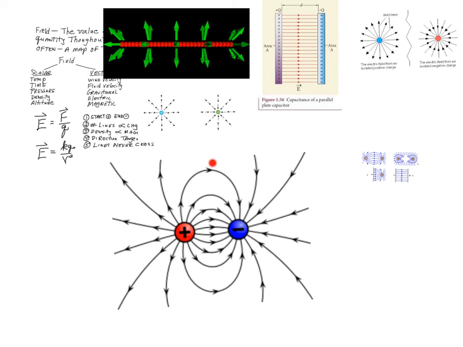And you'll see that if we pick this point and we want to calculate the value of the electric field here, we would have two vectors, one going in this direction for the positive charge, a second vector going toward the negative charge from this point. And when you add those two vectors, there were problems in the assignment like this. When you add those two vectors, you end up with a single vector in this direction. And so the electric field is always tangent to the line, and you see that none of the lines cross. Okay, there's